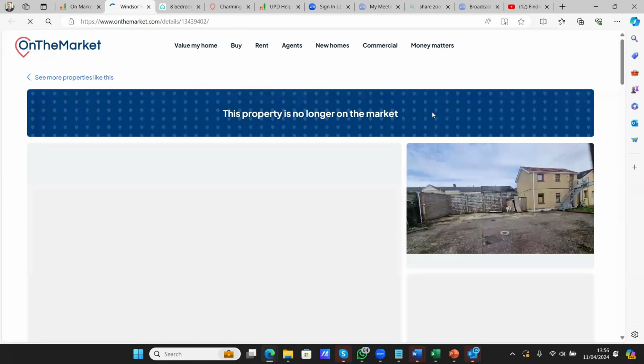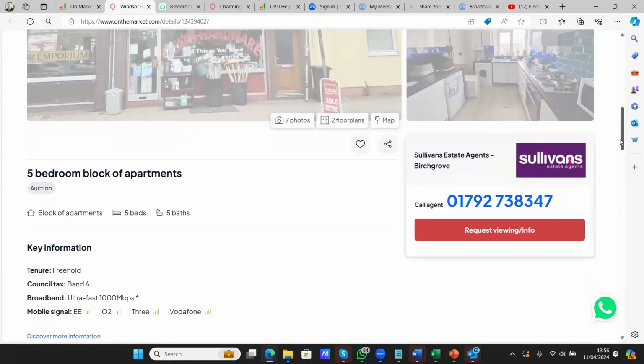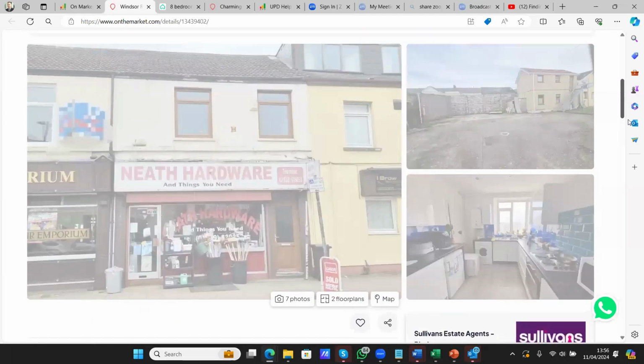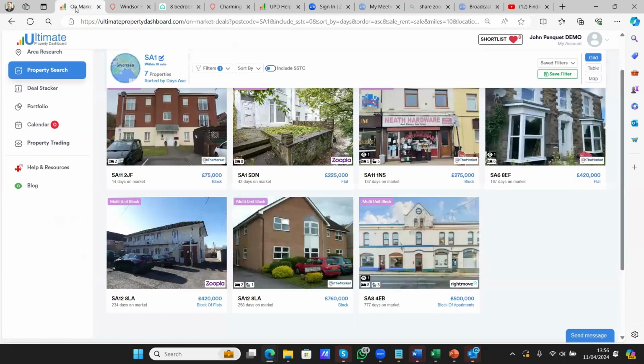Similar here, we've got a little shop. I'm sure it's been taken off the market, bless it, but it's still there. Look, 5-bedroom block of apartments. That's just a bit of a nondescript way of describing it, isn't it? But again, it's a shop with uppers. Okay, so very quickly you can find more complex things. People say it's really hard to find